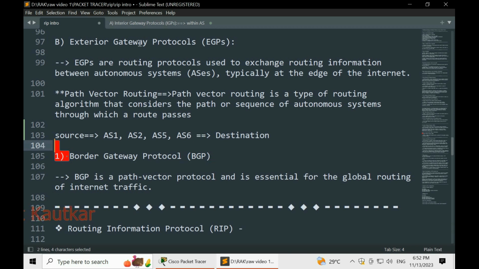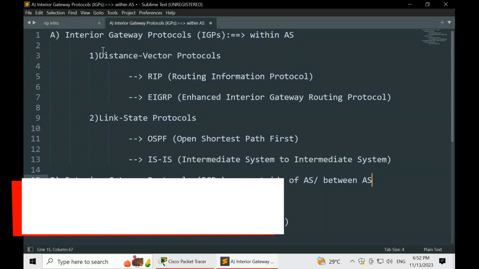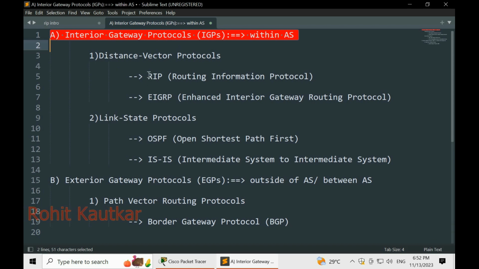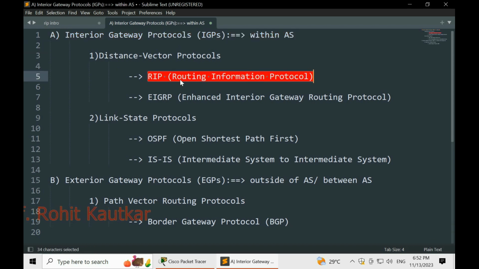Now we know the place of RIP, where it lies. You can see in the first category, the interior gateway protocols, RIP is available, and RIP uses the distance vector approach. From this you might have got the idea that RIP is used for routing within a specific autonomous system.